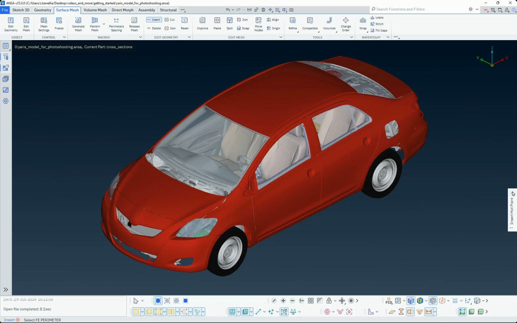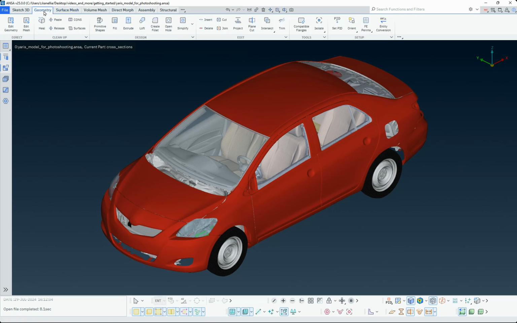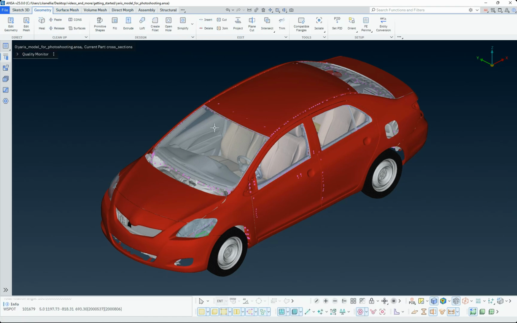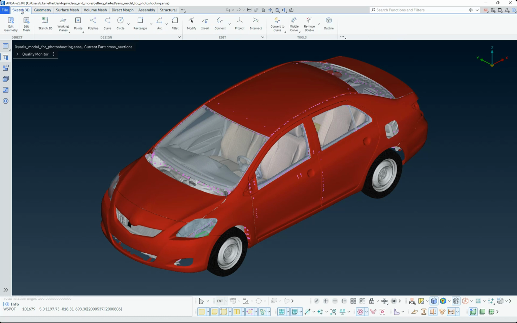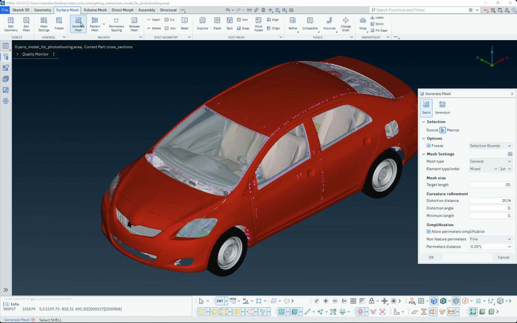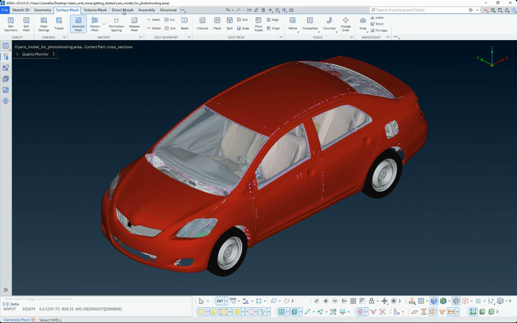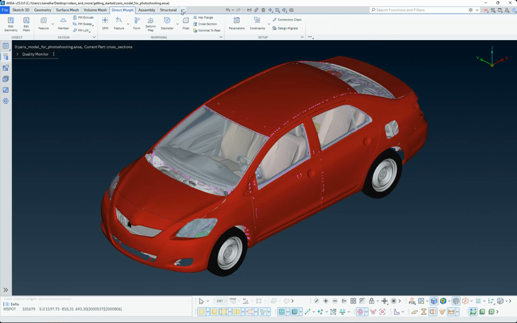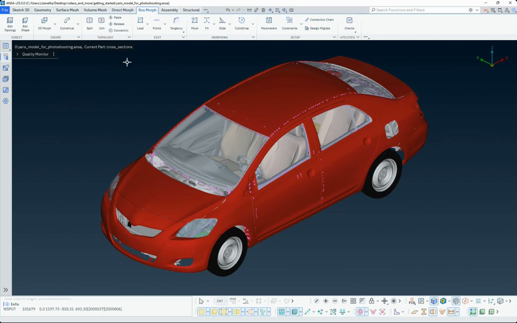Within the Geometry ribbon, the user can find all functionality about design and cleanup, such as heal, paste, extrude, insert, cut, and more. In the Sketch 3D ribbon, functions for the construction of points and curves are available. In the Surface and Volume Mesh ribbons, the function Generate Mesh hosts all batch mesh options. In the Direct and Box Morph ribbons, tools needed for direct or box morphing are present.